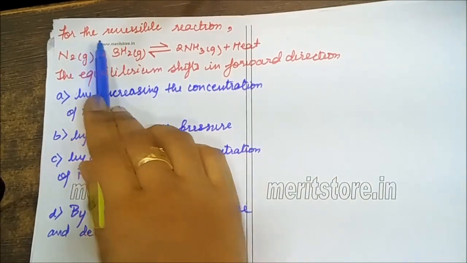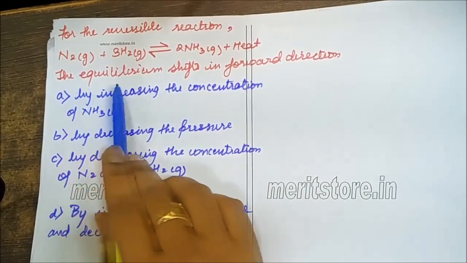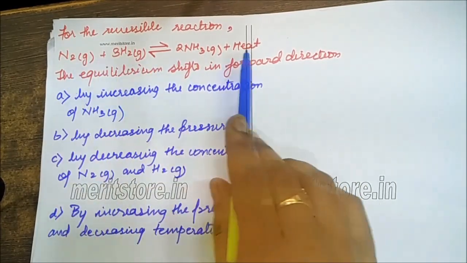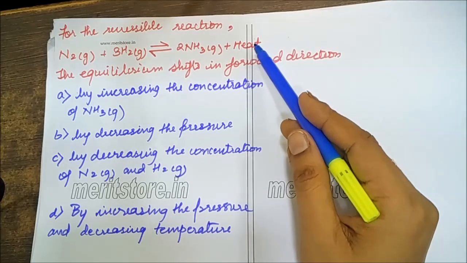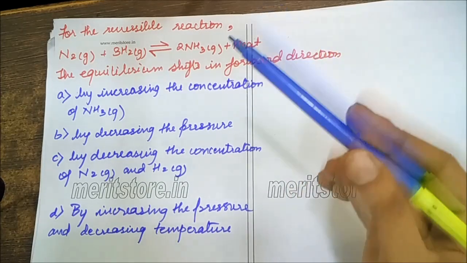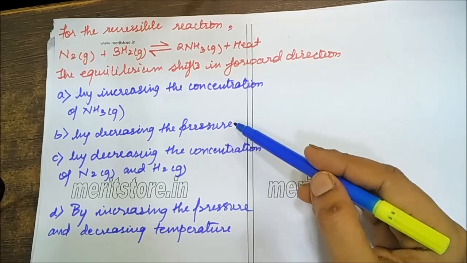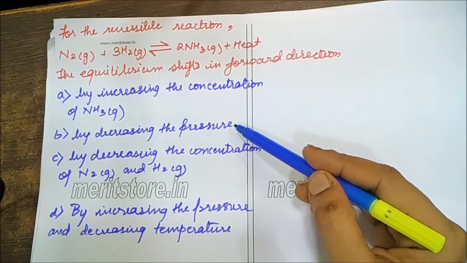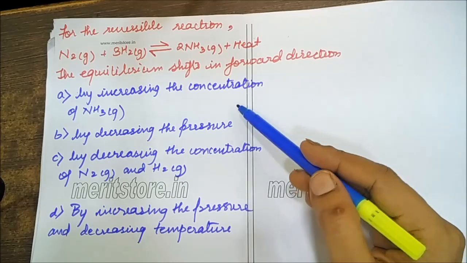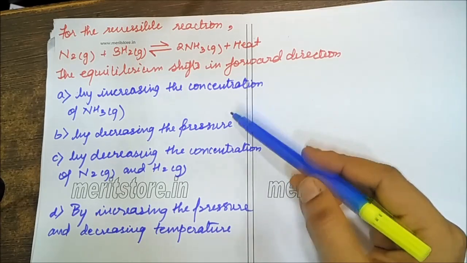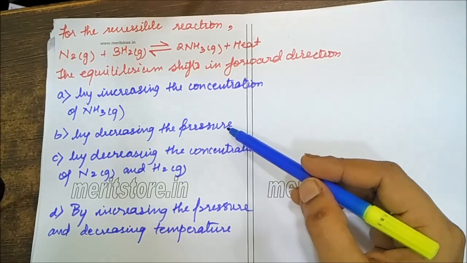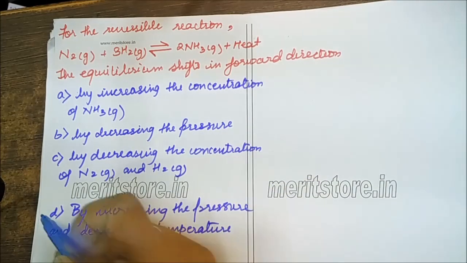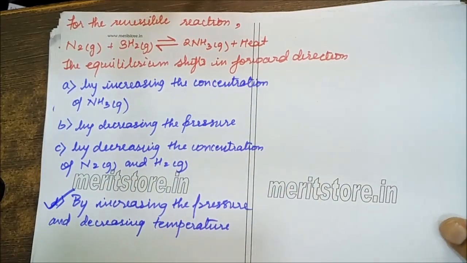In this question it is saying for this reversible reaction, the equilibrium shifts in the forward direction. Now forward direction is an exothermic reaction. Okay, remember it's an exothermic reaction. An exothermic reaction will be favored when the temperature is decreased. So look at the first option. Pressure and temperature are inversely related, right? So by decreasing the pressure, the temperature will increase. That means endothermic will be favored. So actually when temperature is decreasing, my answer is option D.